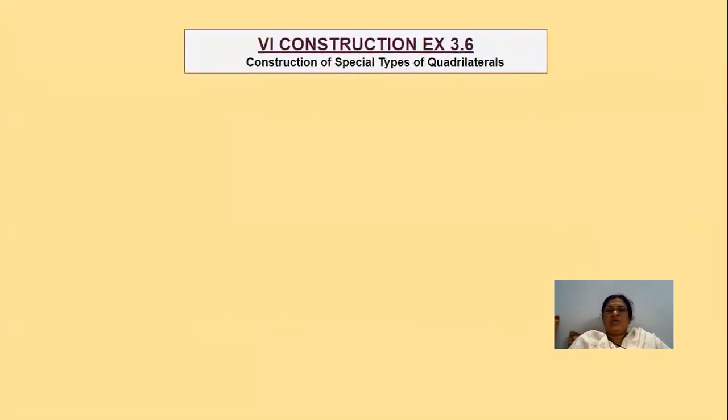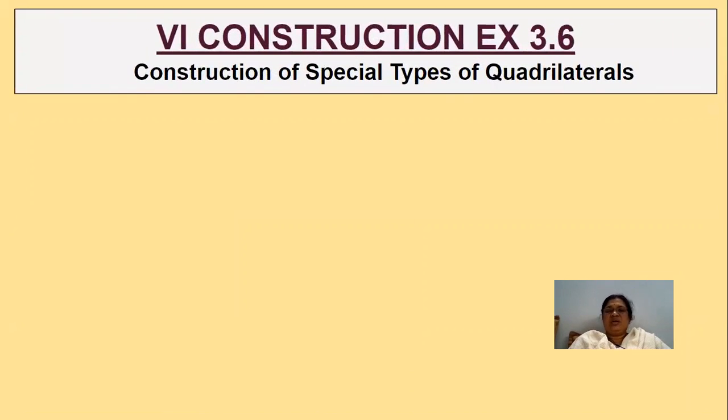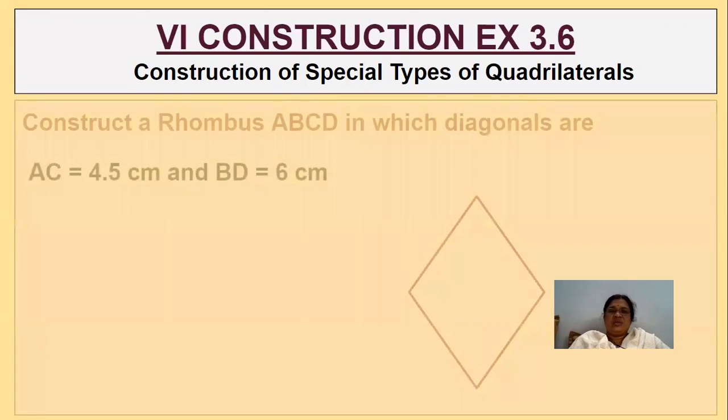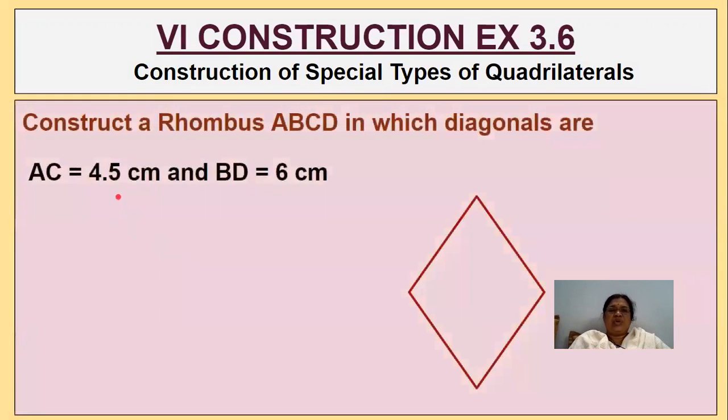So this is about the construction steps for the construction. Now we'll see some of the special types of quadrilateral constructions. That is construction 6 in exercise 3.6. So I have taken one problem here. Construct a rhombus in which the diagonals are given. So here the angles are not given, the sides are not given, but what is given? The two diagonals are given. So these two are the diagonals,